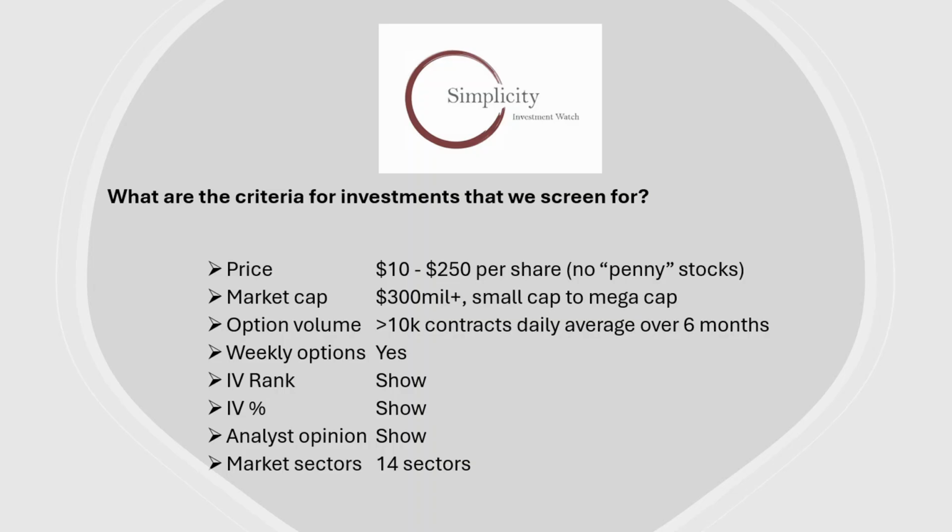IV rank and IV percent. It's a lot to talk about, but IV is implied volatility. Options volatility is a component of pricing an option. There's a certain way this is done, through what's known as a Black-Scholes model. Again, I don't want to go too far down the hole here, but basically the IV rank, the implied volatility rank, and the implied volatility percent of a stock